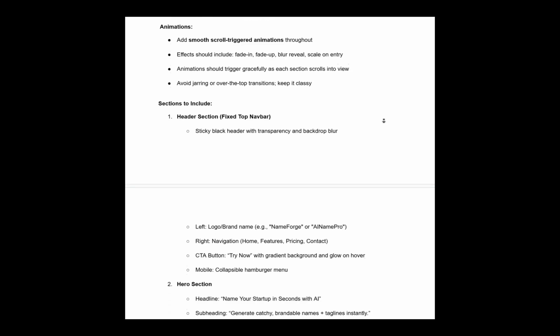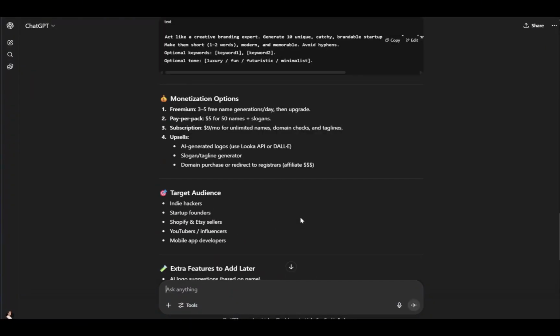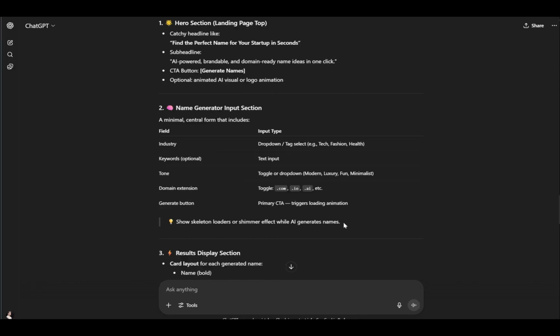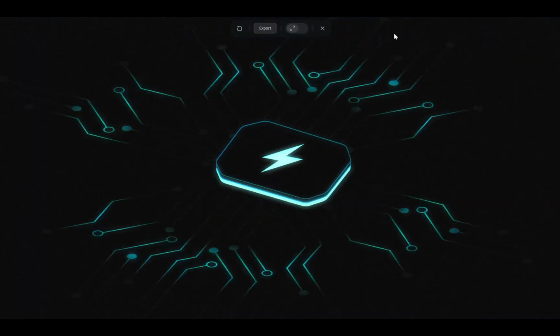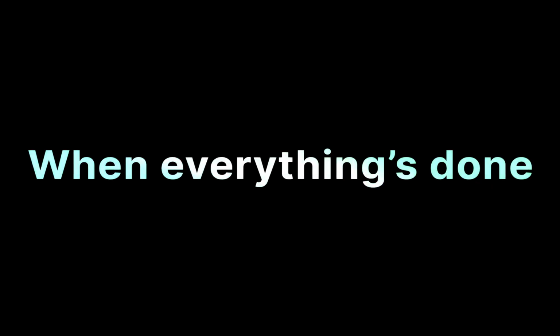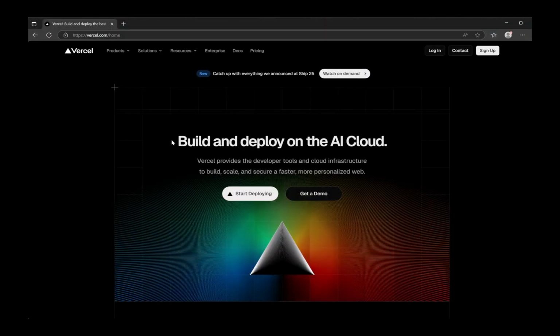It's like magic. And if you're wondering how to write these prompts, don't worry. I'll walk you through using ChatGPT to create high-quality prompts for literally any project, even if you're starting with zero ideas. Then, to really make it pop, we're adding a stunning 3D model with Spline to take our design to the next level. And when everything's done, I'll show you how to deploy your site live using Vercel, totally free,